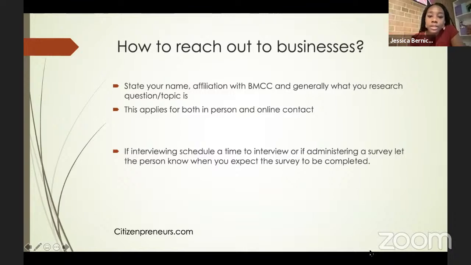So yeah, if you're interviewing, schedule a time to interview, or if you're administering a survey, let the person know when you expect the survey to be completed. So setting a deadline or timeline really helps you in the end. Specifically, if you're sending out a link to your survey, say on Google Forms or whatever,